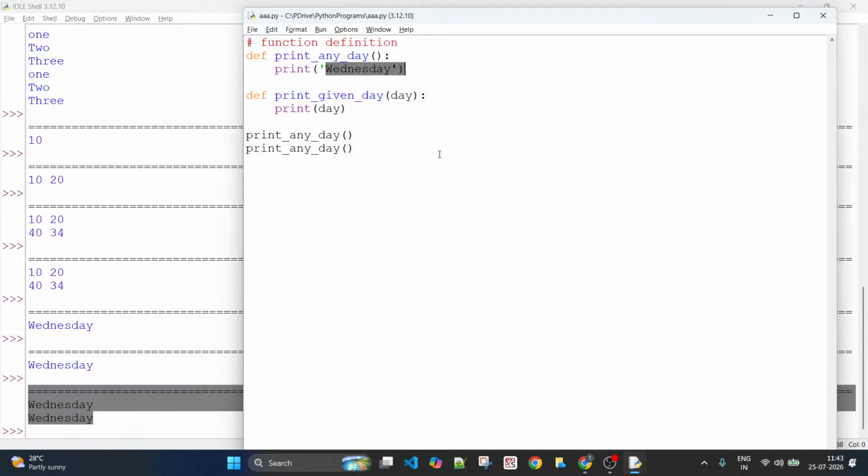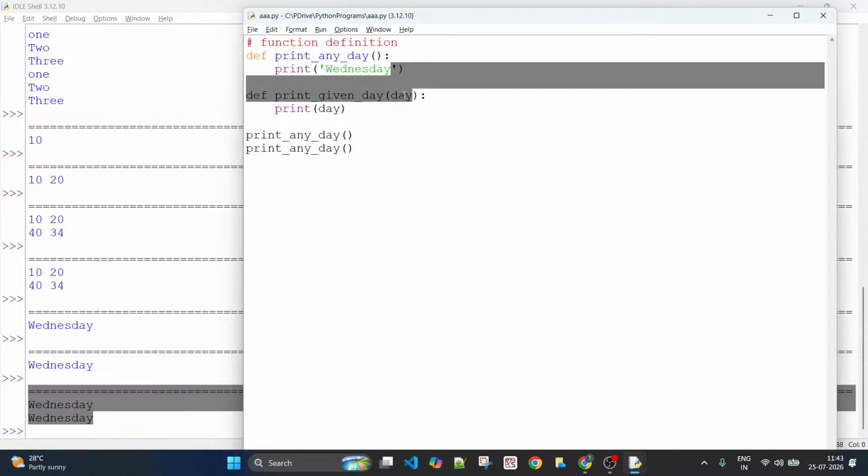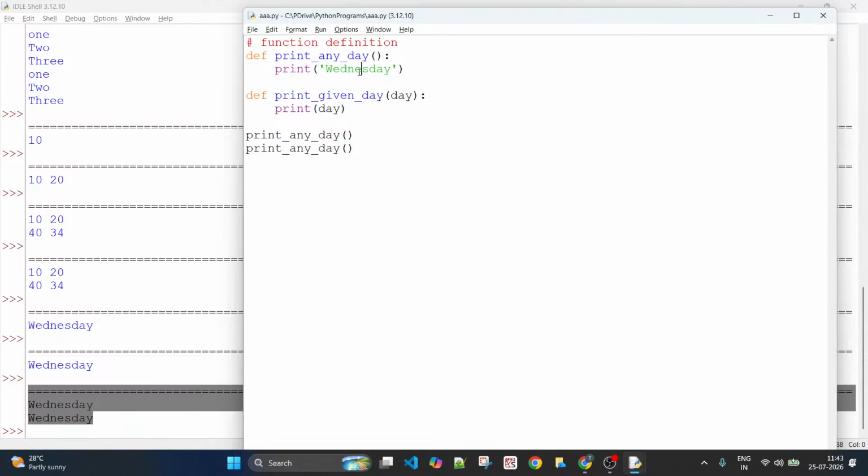Here the task given to print any day is that just print Wednesday whenever you are called, is what you said. Make sense? Now what if I want to print whatever day? I want to control what day to be printed. It's not always Wednesday. It could be sometimes Sunday, sometimes Tuesday, something like that. So what is that you have to do then? You have to call it separate.